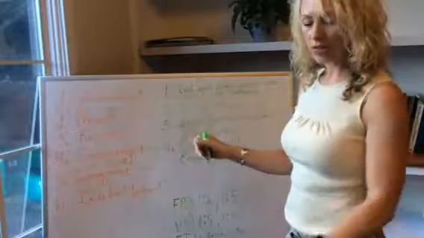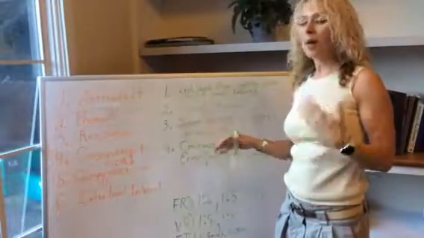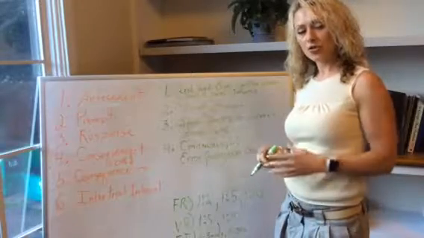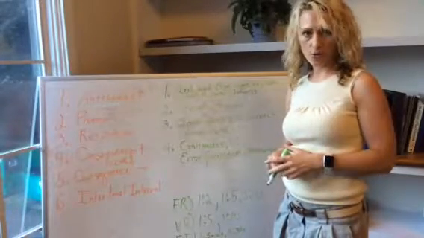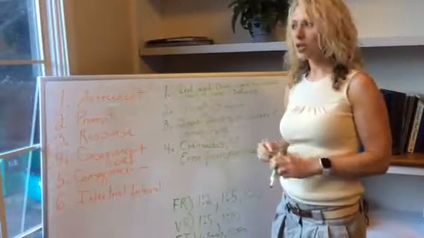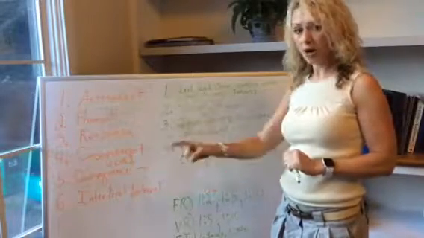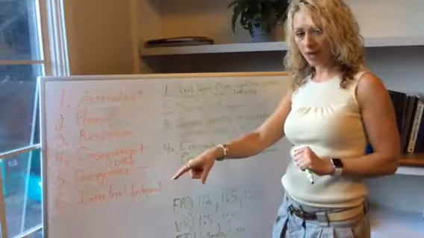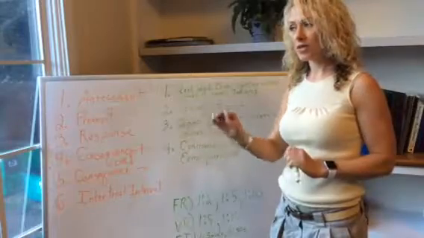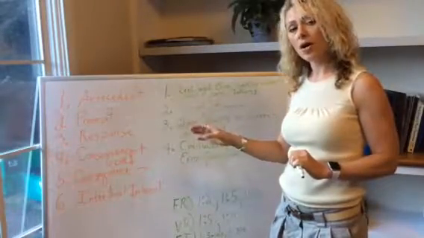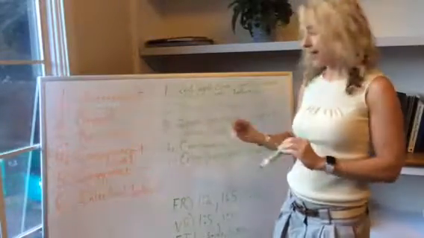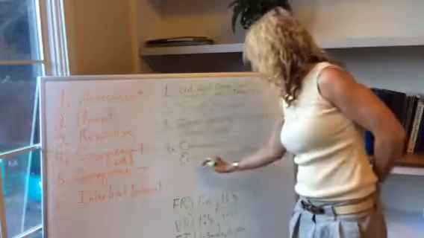So that goes into our prompting hierarchy again, right? How many prompts are you going to give? And that should be delineated in your program sheet, okay? So if the first prompt is a partial gestural prompt, okay, that would be your CORR with a P. So we would have number 1,